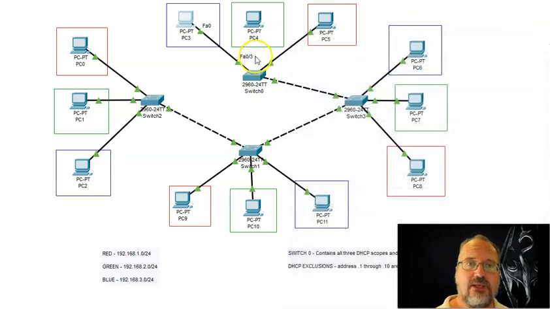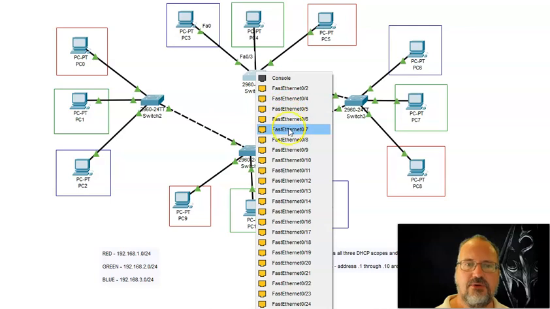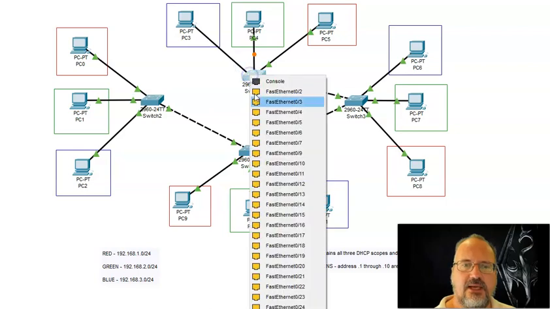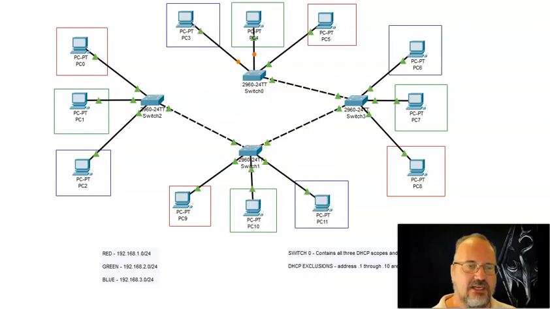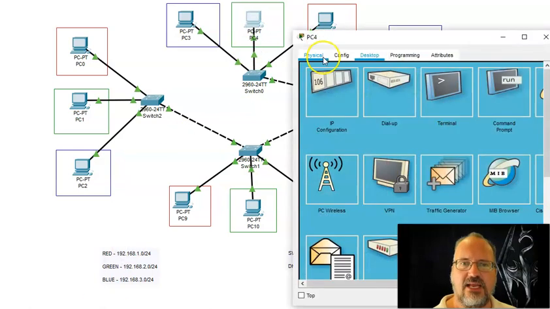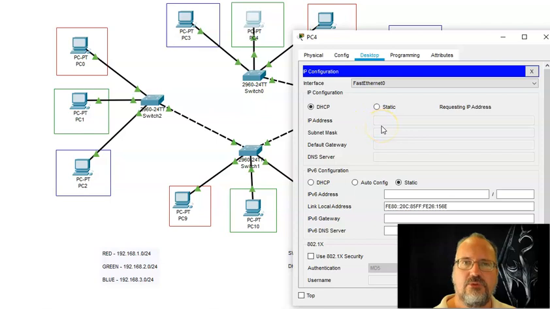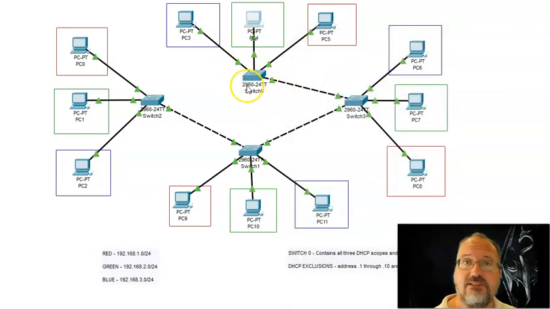Watch what happens now. I'm going to take this guy. So 1 through 7 are VLAN 10. I'm going to plug him into 8. Let's say VLAN 20 takes up 8, 9, 10, 11, 12, 13, 14. Let's go up to 16. I'll plug him into 16. Let's fast forward a little bit here. I know this is off screen. Now let's see if they get an IP address. No. We'll refresh. There you go. No, it's an APIPA address. It will not receive an IP address from that DHCP pool because those ports are not part of VLAN 10,